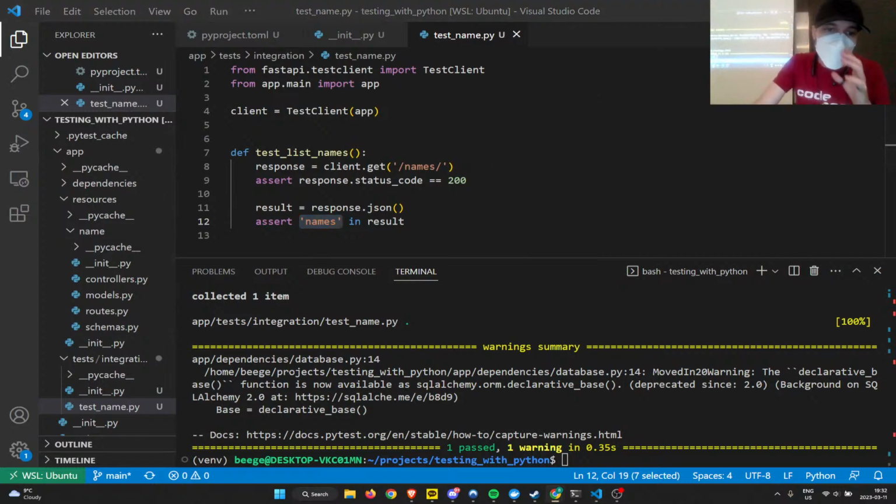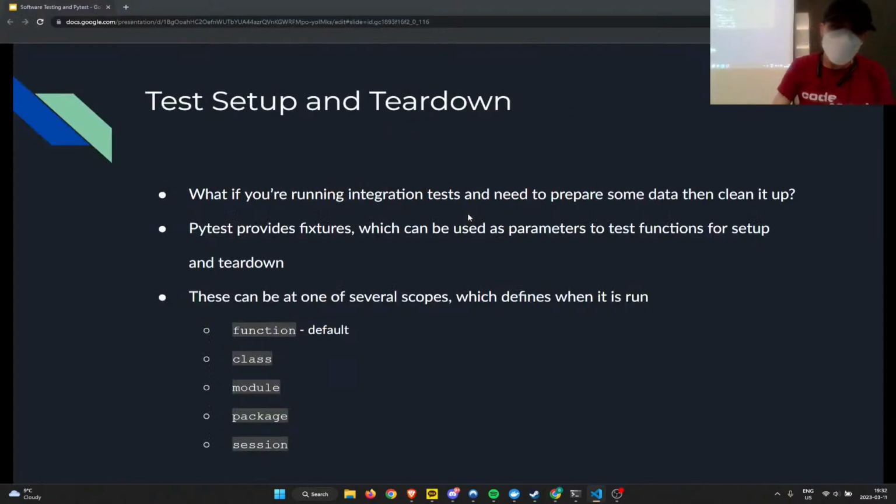So that's great, but what if we're running integration tests and need to prepare some kind of data and then clean it up, right?